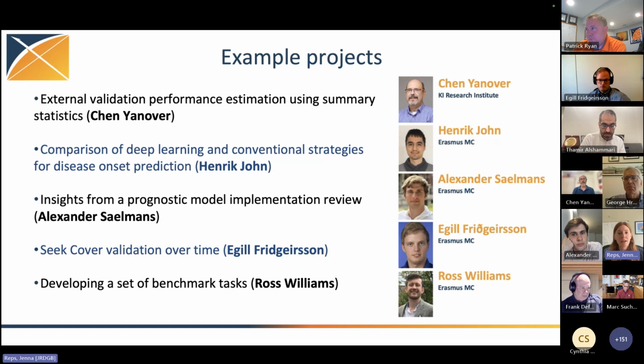And then you're going to hear from Henrik. He's been implementing that deep patient level prediction package as a network study to compare deep learning, some very advanced methods against your logistic regression and your standard methods, and actually seeing how well that does for lots of different prediction tasks. And then Alexander is going to be presenting on a review that he did, which was investigating what